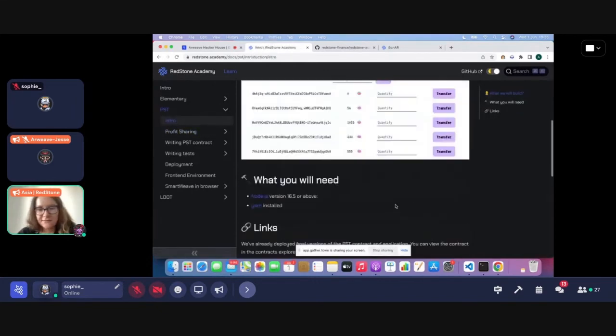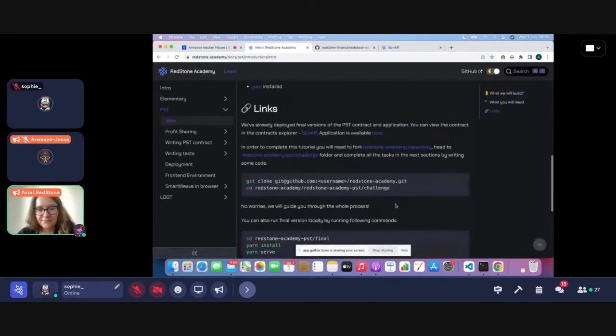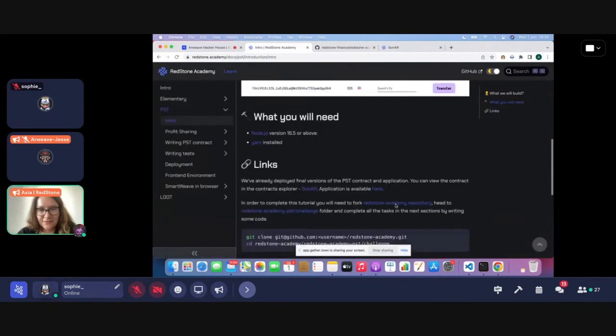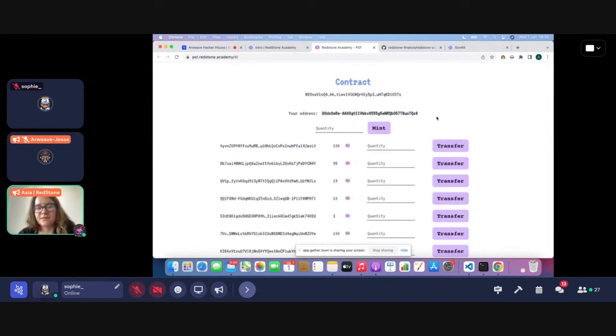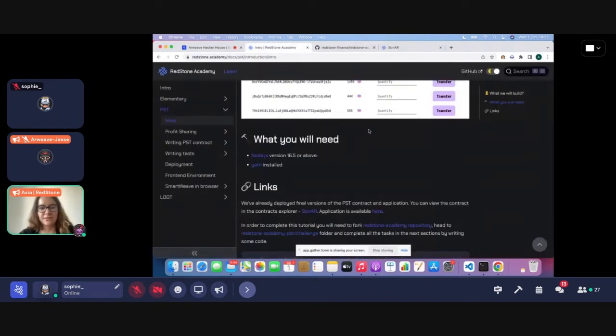The application itself, in the end, will look like this. So basically, you have these two main interactions, so you can mint some tokens or you can transfer them between addresses. So I will show you how it works in a second, but maybe let's start with